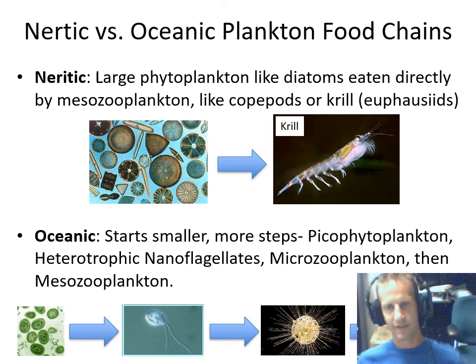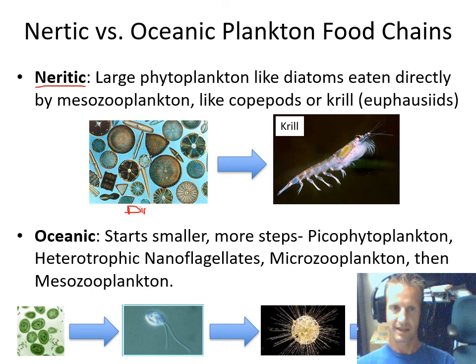One of the consequences of the fact that there's different types of plankton in the nearshore pelagic environment versus the open ocean pelagic environment is that the food chains based on those phytoplankton have a different structure. So in the neritic environment, which again is the nutrient-rich waters near shore dominated by large-celled phytoplankton like diatoms, since those cells are large and easy to eat for relatively large zooplankton, you sort of have a short food chain where it's sort of one step from these large primary producers to also large herbivores like